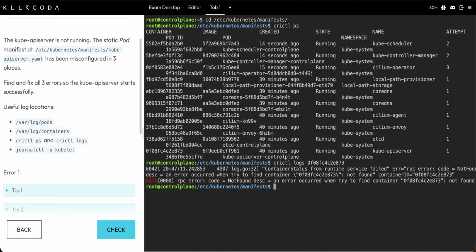It's just a Killercoda thing. That's fine. Okay, so the container is not running. YAML is completely messed up. So let's start with then